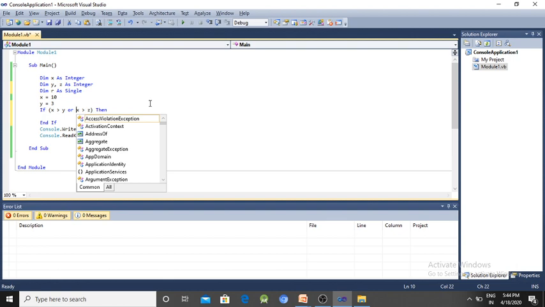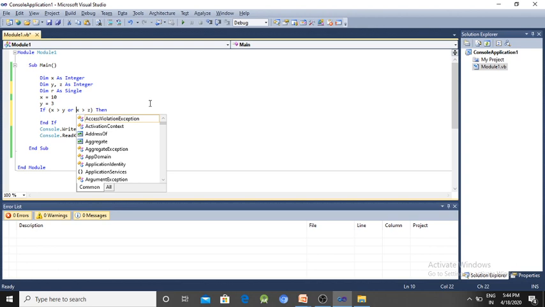But besides the logical operators and and or, there are two more operators in VB.NET that are different from the C programming language.